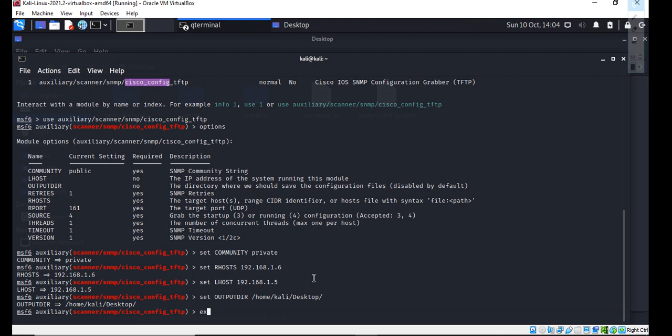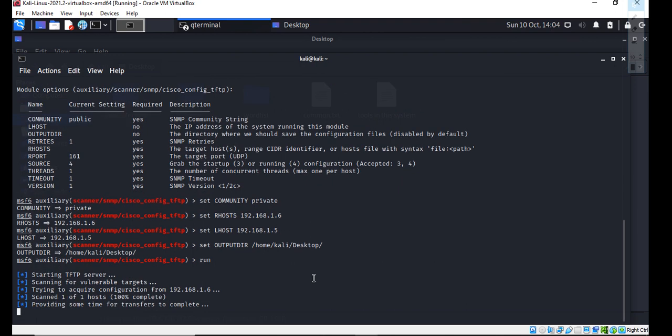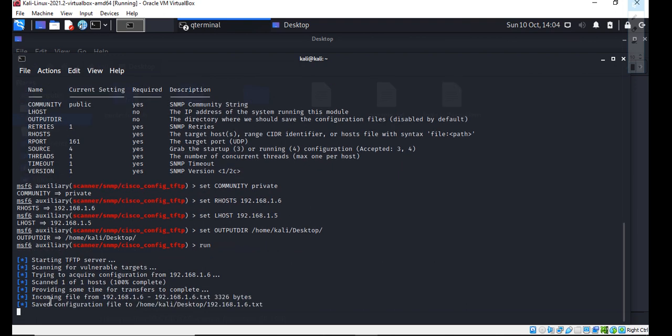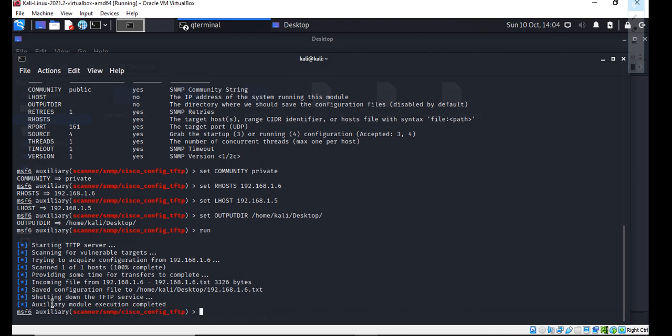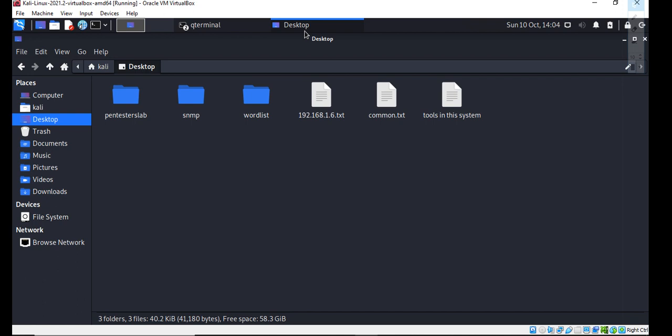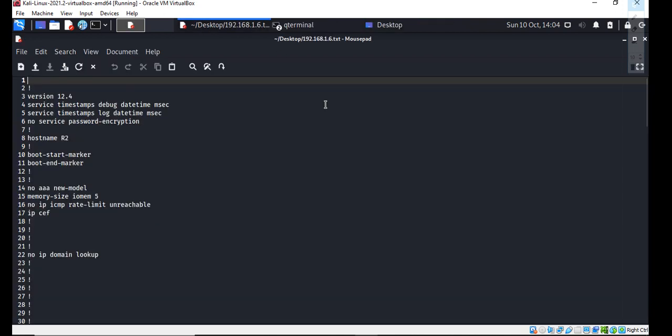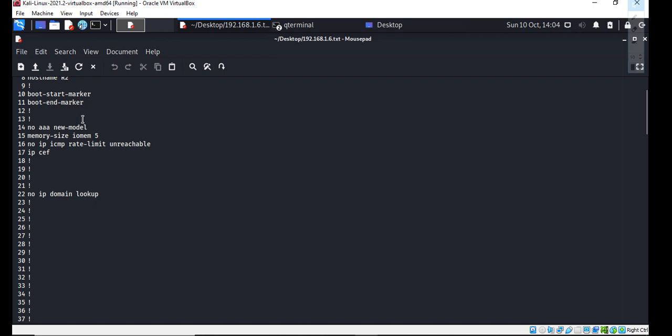He'll be typing the command exploit, or he could also type the run command. The attack is successful, and the attacker has grabbed the configuration file, which is now stored on the desktop. So let's check the desktop. Here we have the file the attacker has got. Let's check the file here, and this is the SNMP information of the community string.